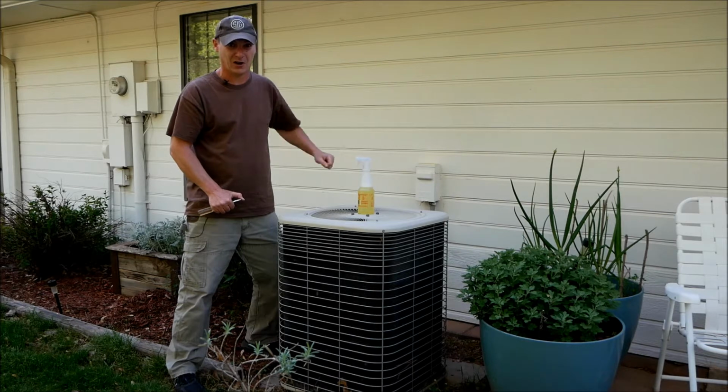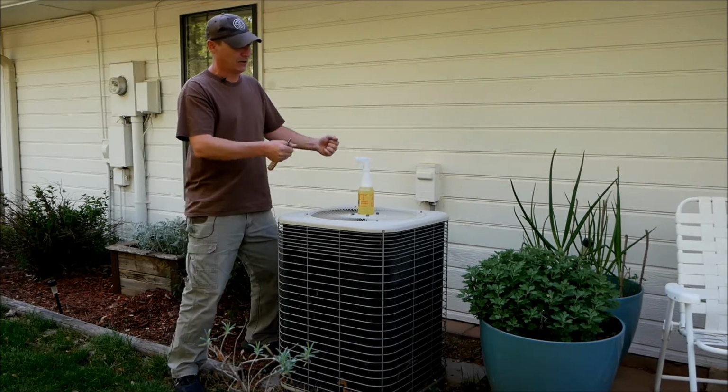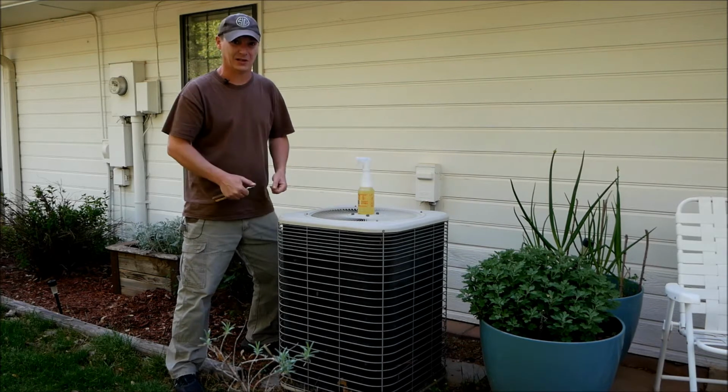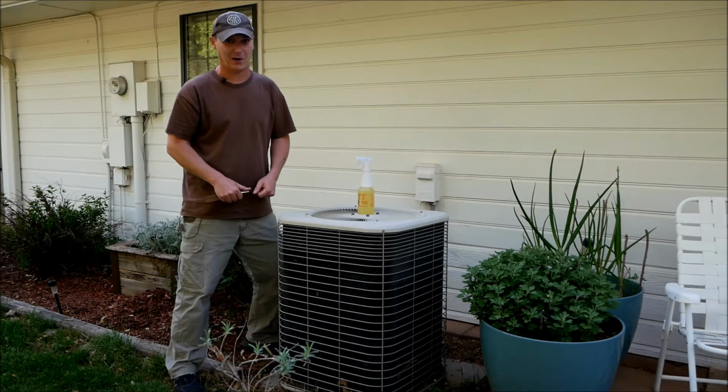Make sure that your thermostat is on the off position so that this fan doesn't cycle on while you have it off. You know, that could cut you or damage the condenser or damage your fingers, whatever. It wouldn't be good. I wouldn't imagine if that big fan came on while you had it up in the